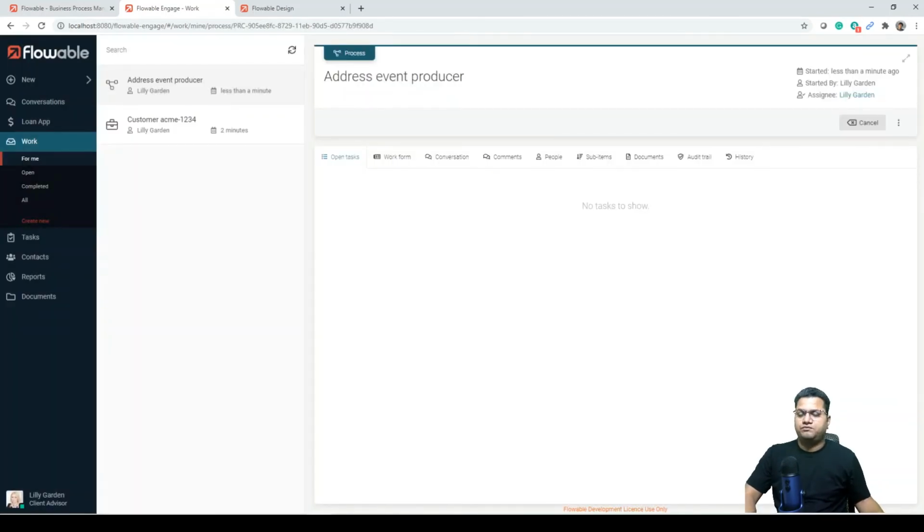As soon as we submit, the send event task will be called and the event sent out on the ActiveMQ channel, and any other system listening on that ActiveMQ channel could receive that event. With this example, we are using the ActiveMQ already integrated into Flowable Engage. So it is only Flowable that will be listening because we have created a case instance with event listeners. Those will potentially receive the event if they match the event correlation parameters. And since we have provided Acme1234 as a correlation ID, now we can have a look at the work form.